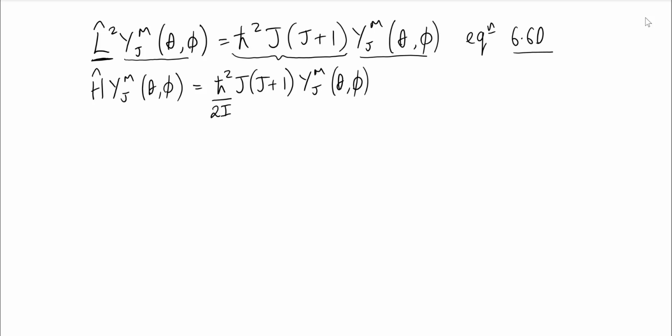The second equation is Schrodinger equation, because we have the Hamiltonian operator here. And again, what we recognize is it's the same wave function in here, which is y. And we also find again that there is an eigenvalue, which is a constant. In this particular case, it's a function of 2 times the moment of inertia. So what this basically tells us is that